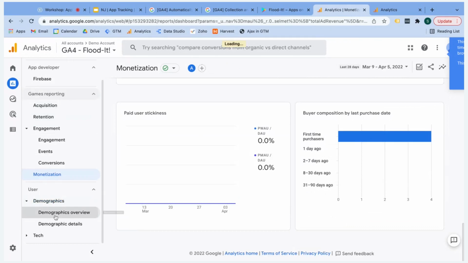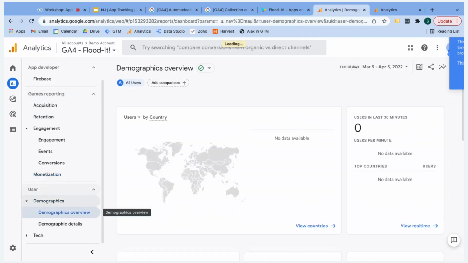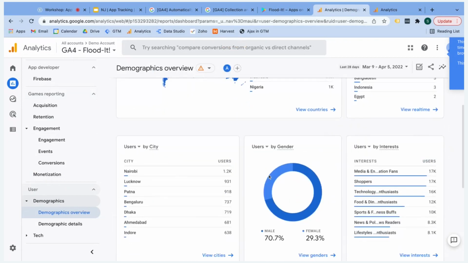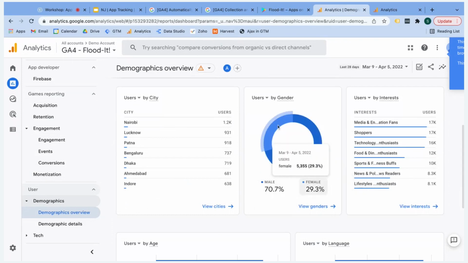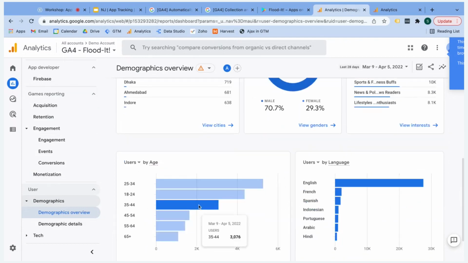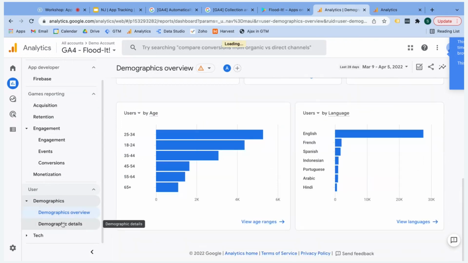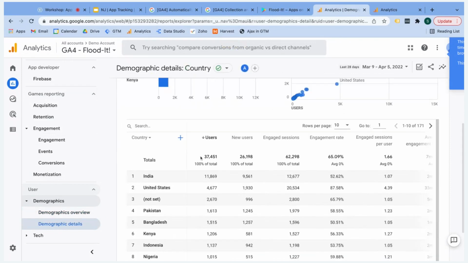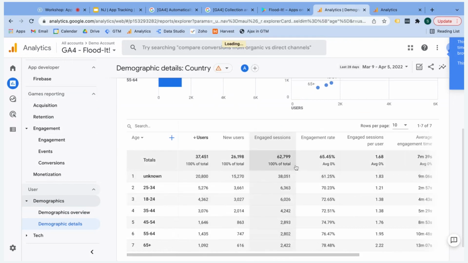You can then go into your normal demographics as you would for normal analytics, where people are coming from, the different cities, genders. This is reliant on a user being signed in, or it estimates it based on their previous behavior. Then there's interests as well, which obviously Google has access to, age breakdown, language. And if you go into demographic details, you can drill down in a table format. You can choose a metric here, and then choose one of the demographics, and then it'll split out your